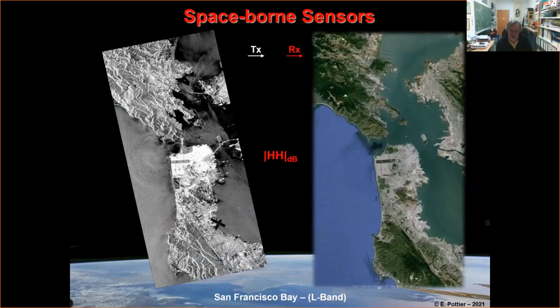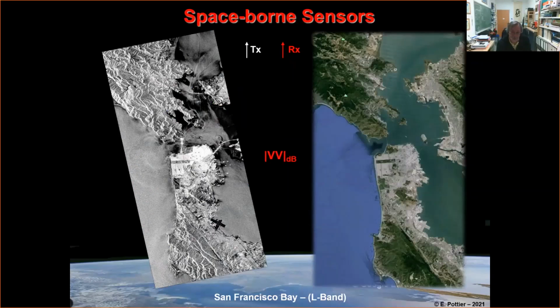So in such a case, I can get this image. What is very interesting is that if I go from one image to the second one, you can see that the SAR image is changing. It means that the environment is very sensitive to the polarization I'm going to use during the transmission.